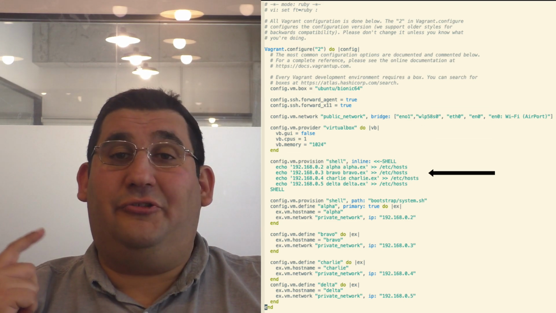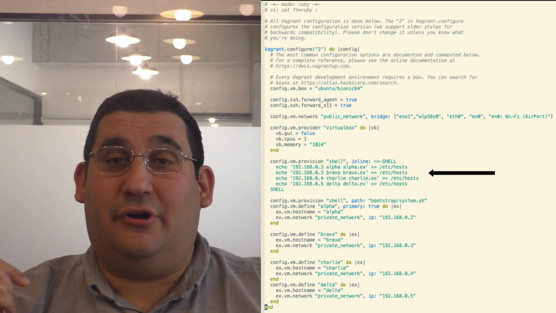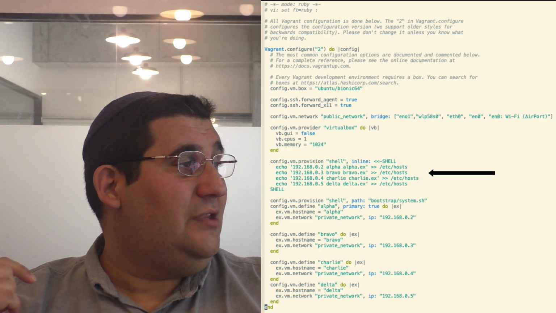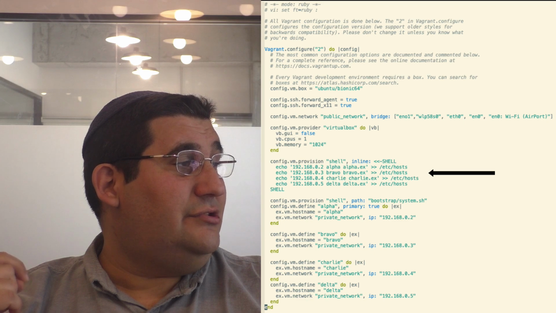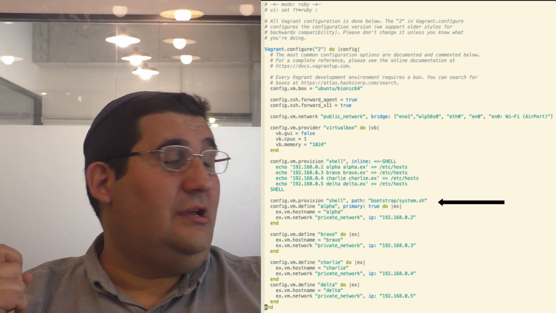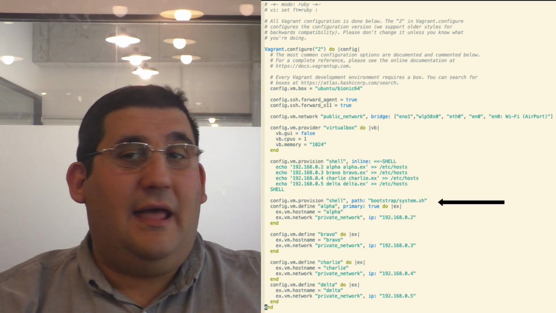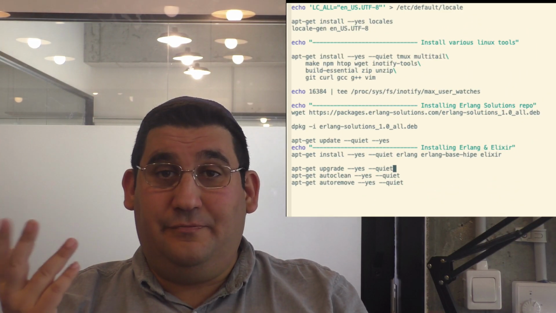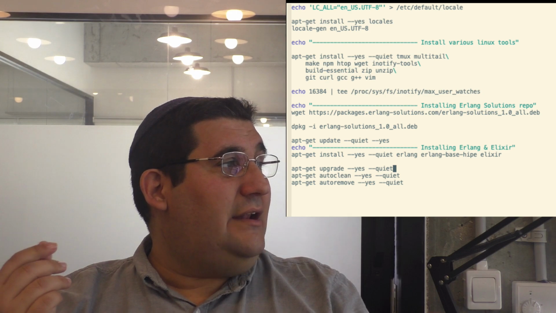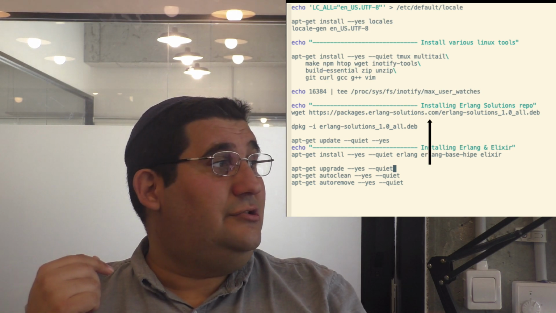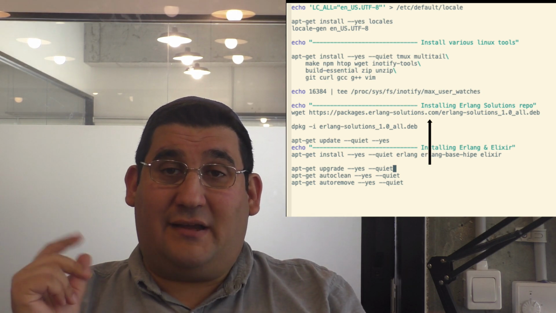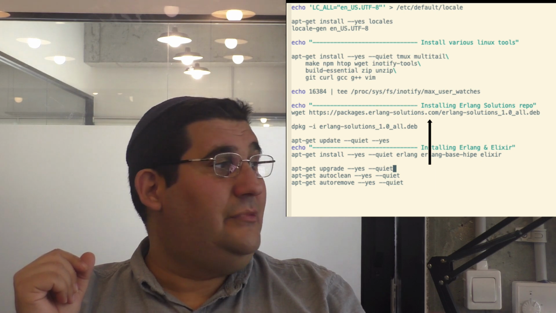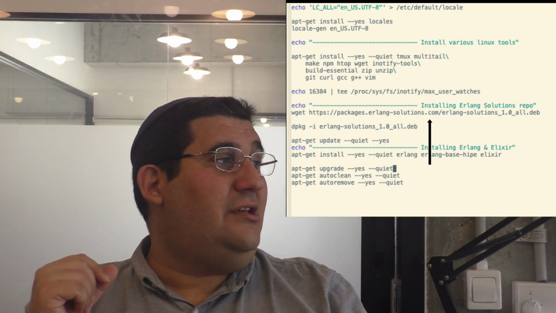It adds them all to their etc host file, so you can network between them, which is nice. And then it uses a script to install Erlang and Elixir. And basically the way it works is I'm using Ubuntu 18.04. And so it grabs off of the Erlang Solutions website their package repo, and it installs a bunch of things, including